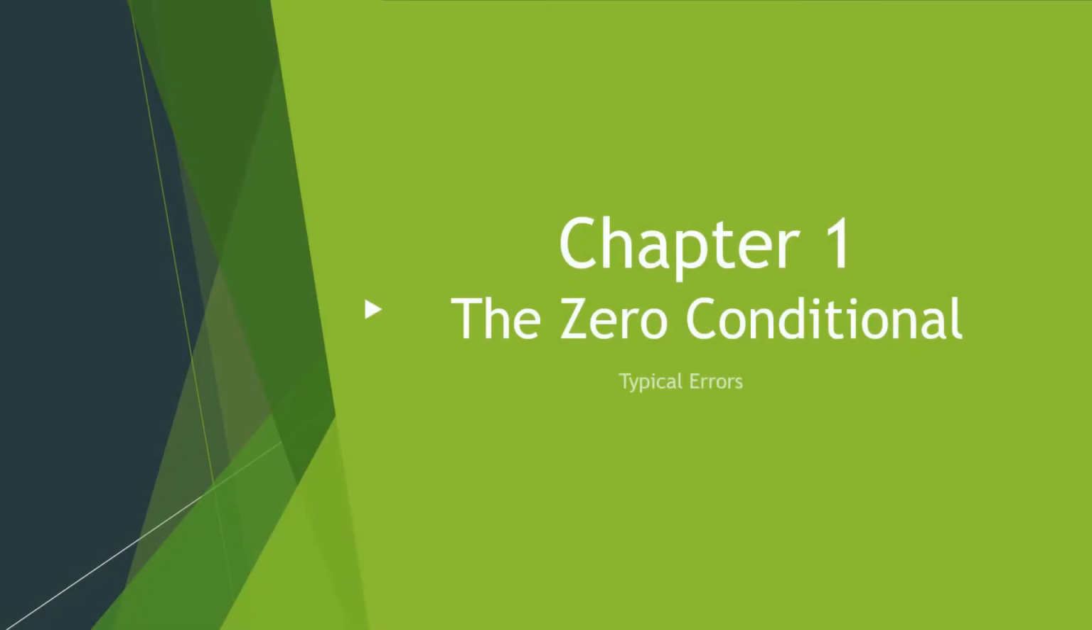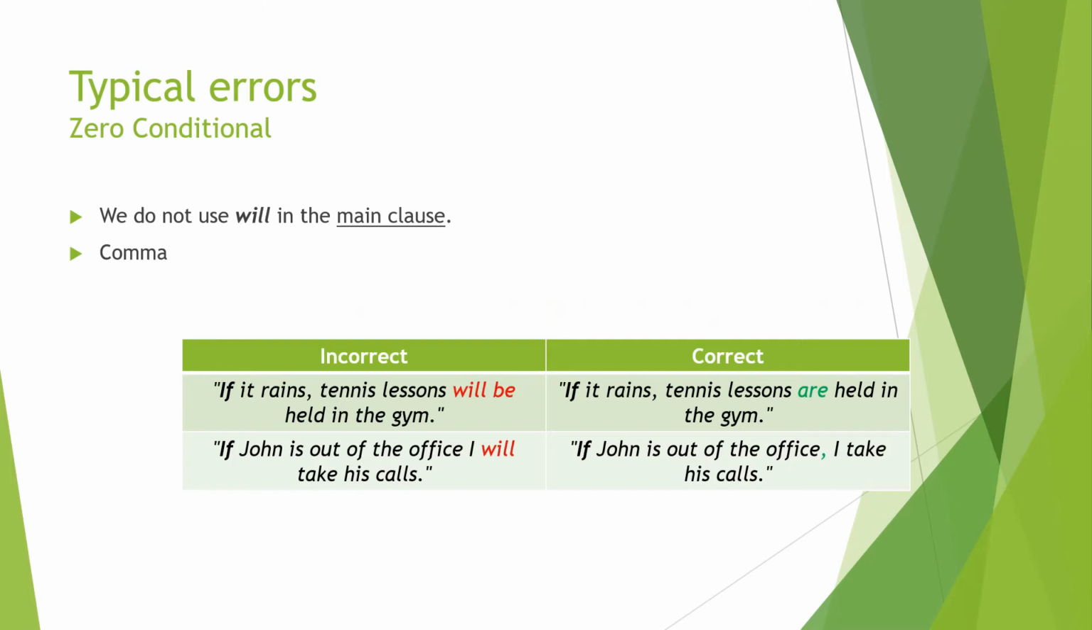Typical errors when using the zero conditional. The most common mistake when using the zero conditional is to use will in the main clause. The main clause and the if clause when using the zero conditional must be in the present simple tense. Also, when you start the sentence with the main clause, you must never put a comma. For example, if it rains, tennis lessons will be held in the gym. This is a mistake. The correct way to say this is, if it rains, tennis lessons are held in the